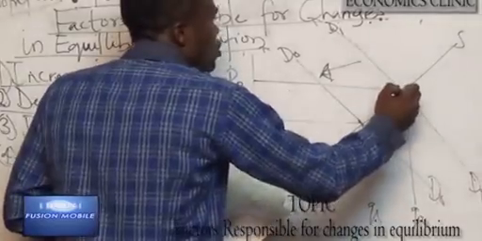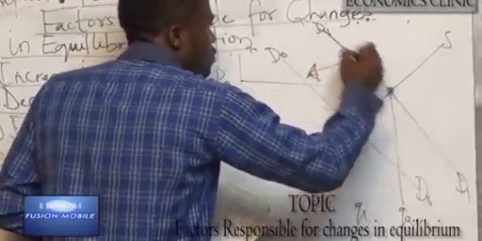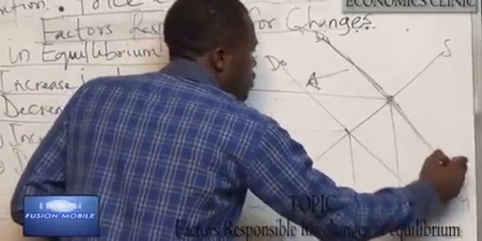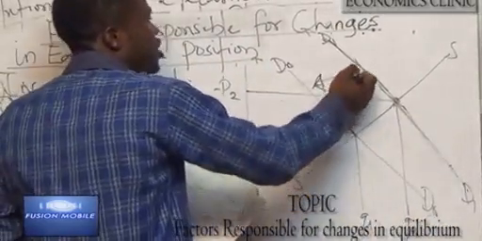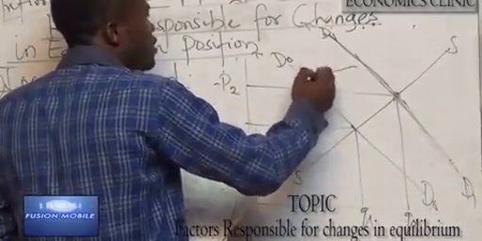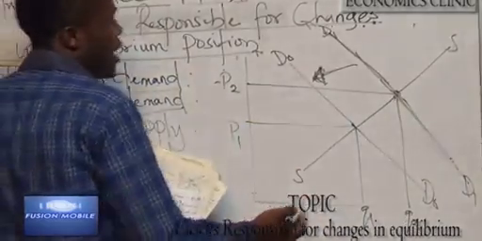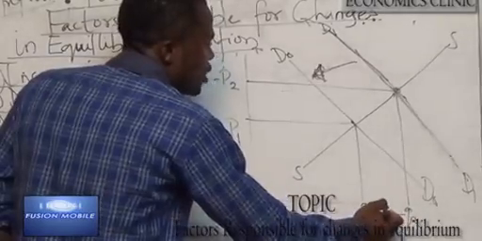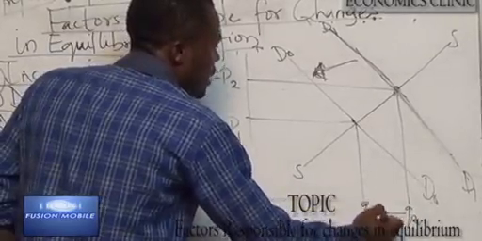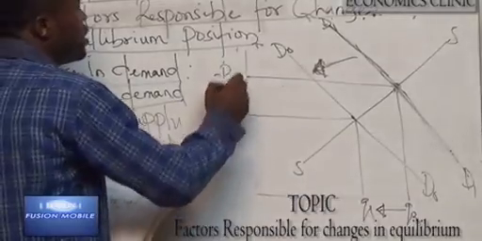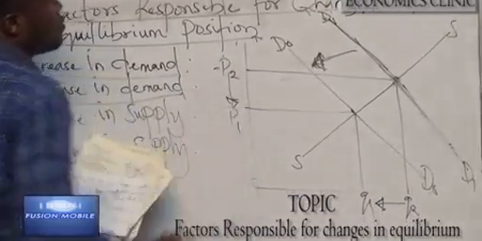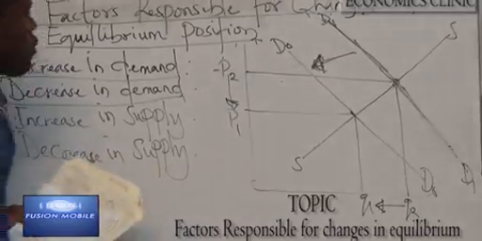This was the original position of equilibrium, and now it has changed position due to decrease in demand, which will lead to what now? Which will lead to decrease in quantity demanded and also decrease in price. So from here we also move to